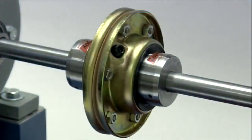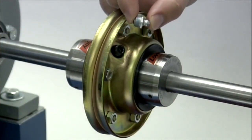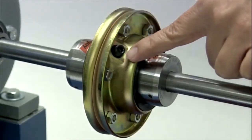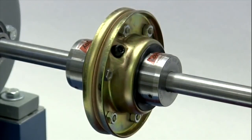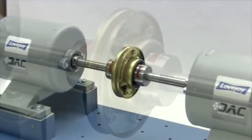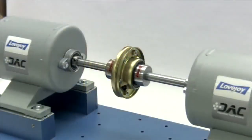If additional grease is necessary, adding this grease can be done by inserting grease fittings into the threaded holes located in the cover halves. With sizes 1020 through 1090, the grease supplied with the coupling should be sufficient to last until the first maintenance inspection as recommended in the installation guide. Before starting up the coupling, make sure the grease holes are plugged with the grease plugs provided. When the installation is complete and the equipment is aligned to meet